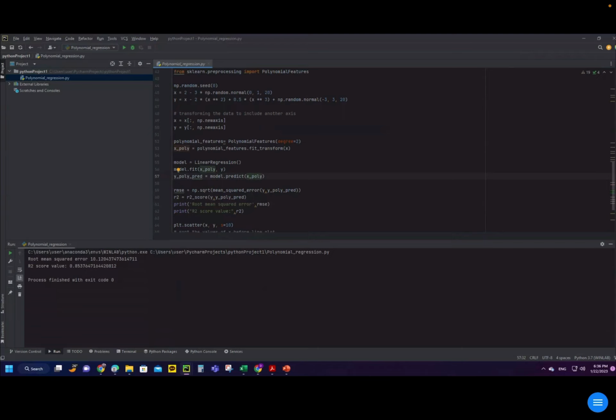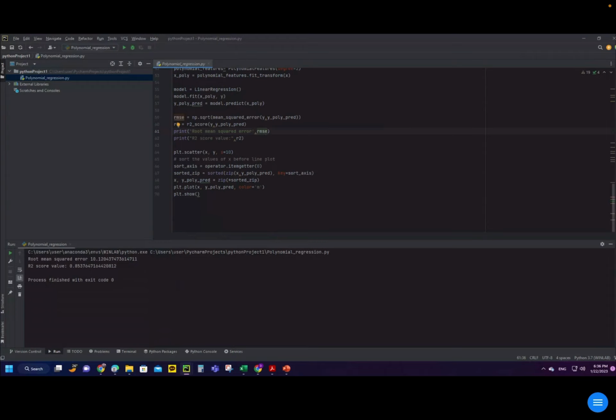Here we are also calculating the root mean squared error between the existing y and the x poly predicted, what our model predicted, and calculating the score between them. Let's see what the root mean squared error is, and then just plot these values.